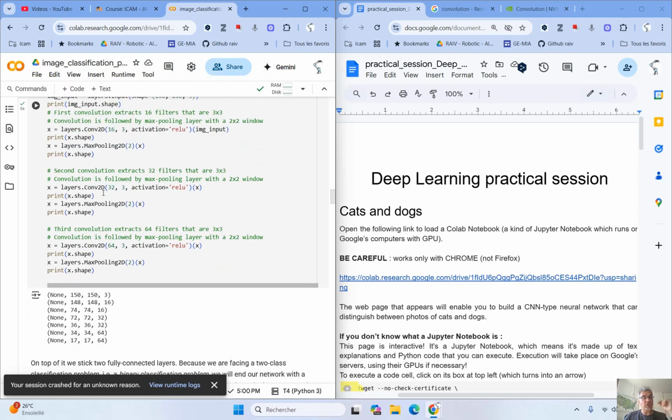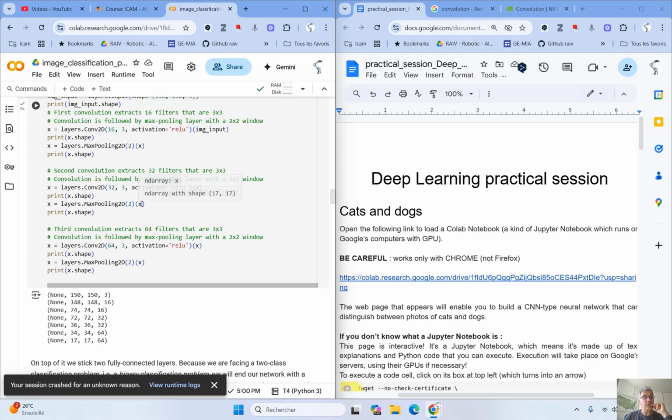Then we have another couple of convolutional and max pooling layers. Here we have 32 kernels, and each kernel is a 3 by 3 matrix, so 9 values to compute during the training. As before, the activation function is ReLU.